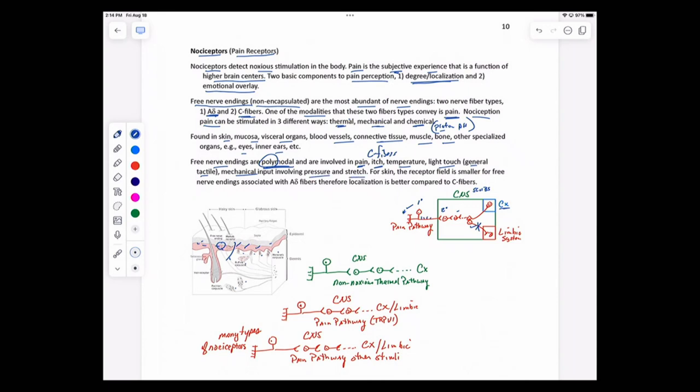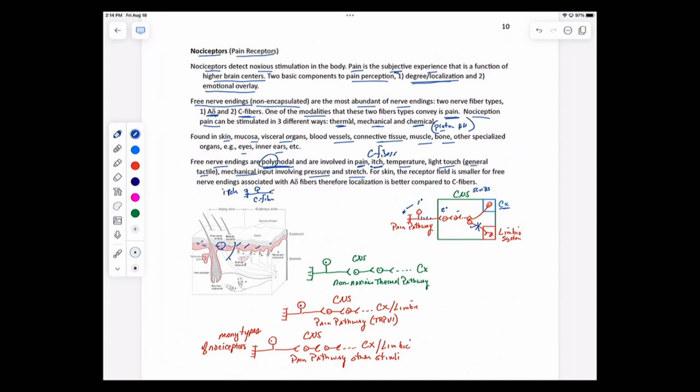So there are a lot of ways that the free nerve endings can communicate sensation. Again, polymodal. Now, what is interesting is that you have some pathway, say itch. Okay, so you have some C fibers. So that's its own pathway. And so if you were to have a free nerve ending here, and this is going to be a C fiber, okay, and this is going to be involving an itch.